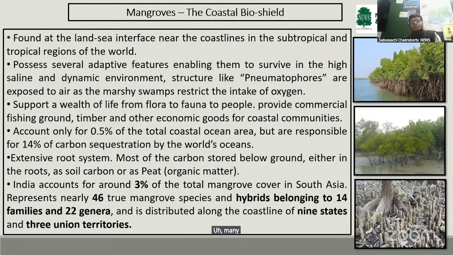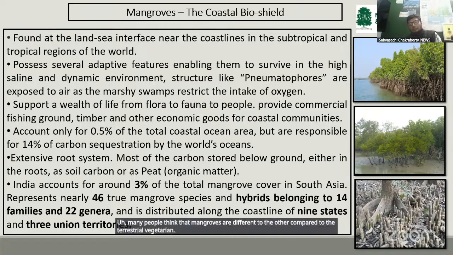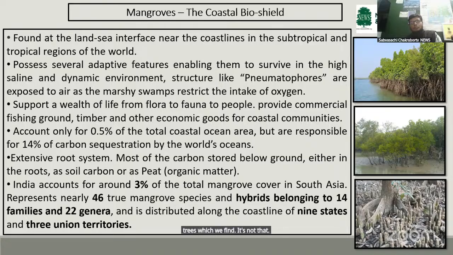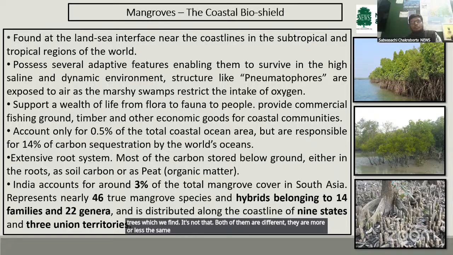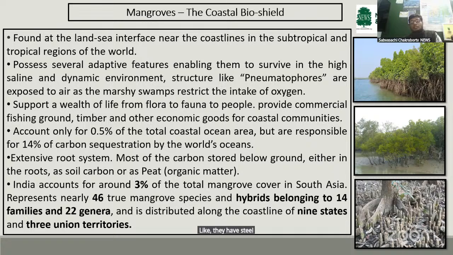Many people think that mangroves are different compared to the terrestrial trees which we find. It's not that both of them are different. They are more or less the same, just that to survive in this physiologically challenging environment, they have developed several adaptive features, like they have stilt roots to strengthen their anchorage,